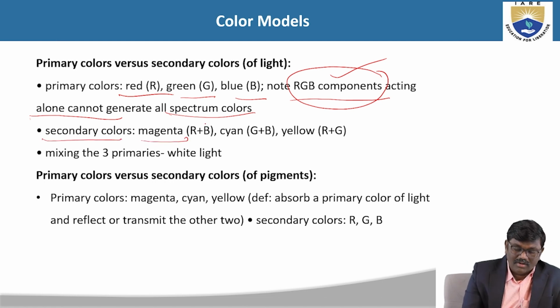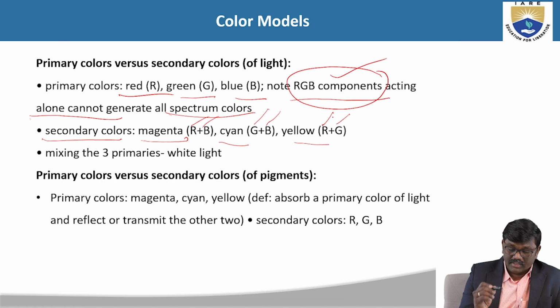magenta, which is the combination of both red and blue. Cyan is the combination of green and blue. Yellow is the combination of both red and green. What do you need to understand here? You are preparing the CMY